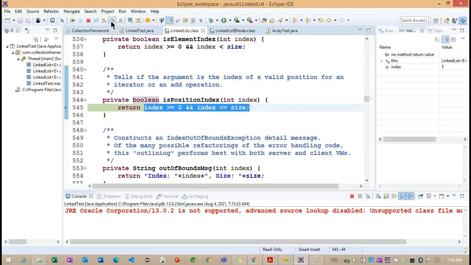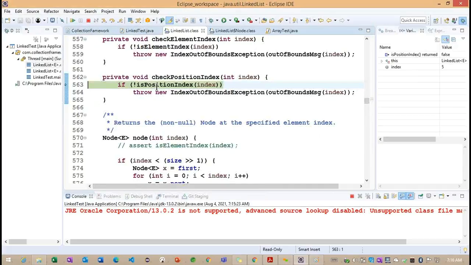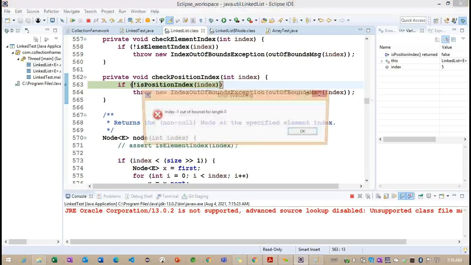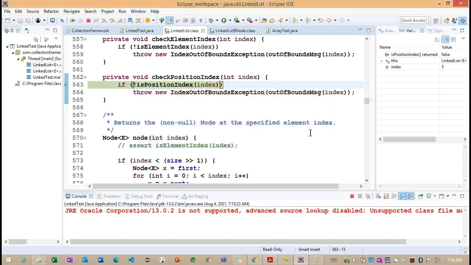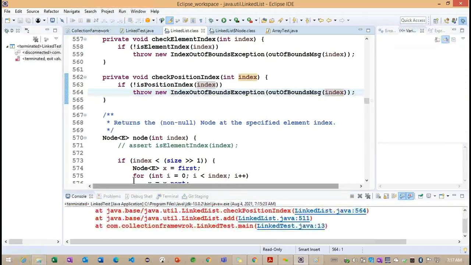Whenever it is returning false, now we need to understand here: they made it as a not condition. If they are making a not condition, observe, it will return true. Now you can see we are getting an exception here, based on this particular index. What is the exception we are going to get?